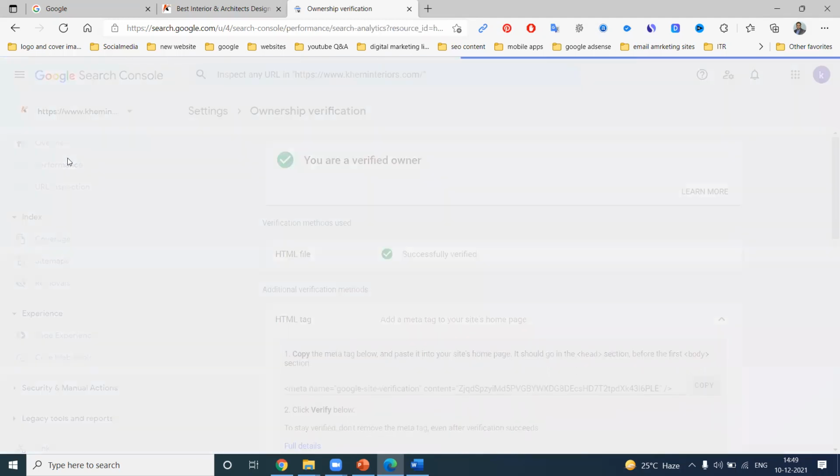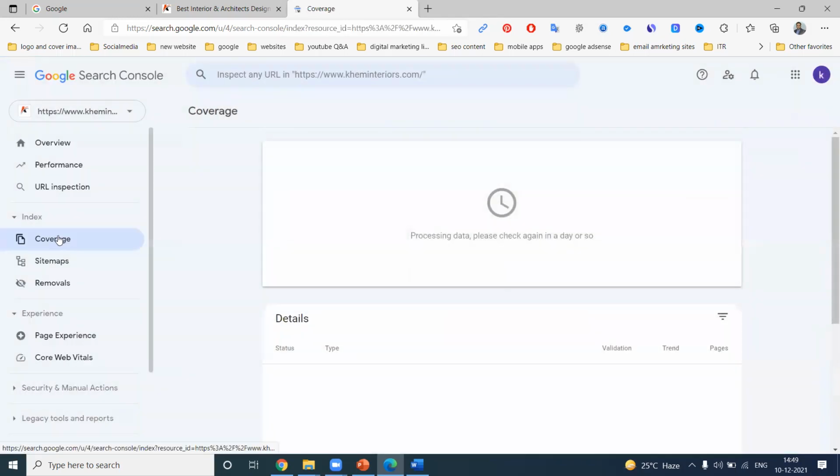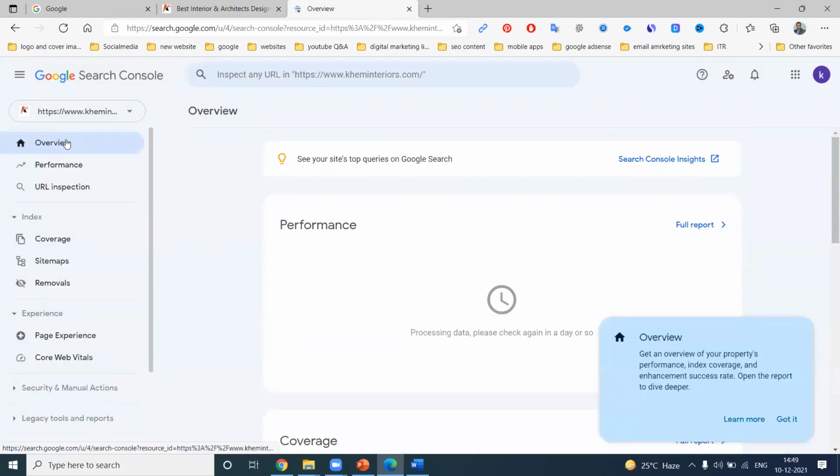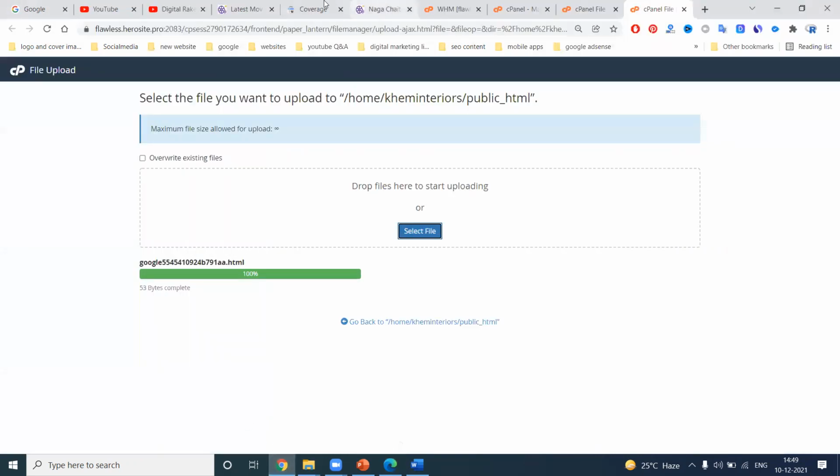After this, what is your website performance and what is the coverage? Every piece of information will be given by Google Search Console. Is this the first time we were indicating? That is the reason we have to set it up with your Google Search Console. This is the first time, so they do not give any information. Based on search engine optimization, the report will be generated like this.